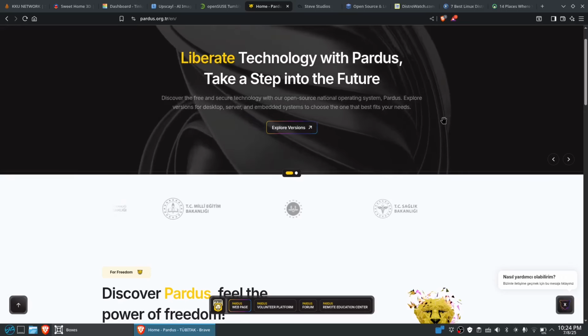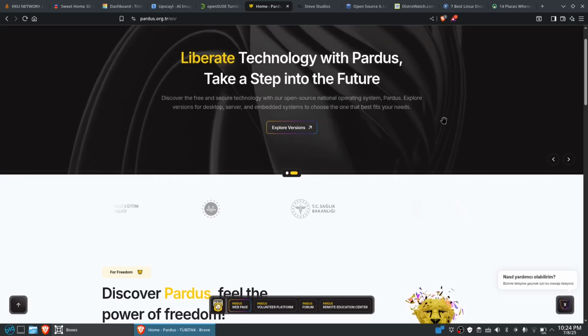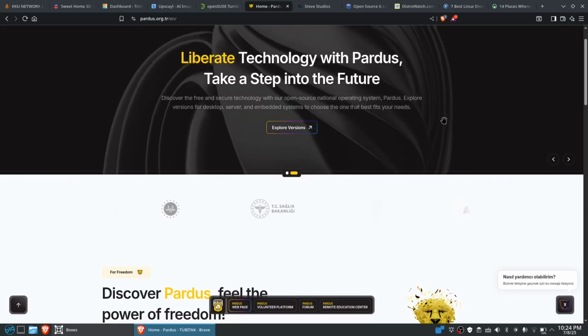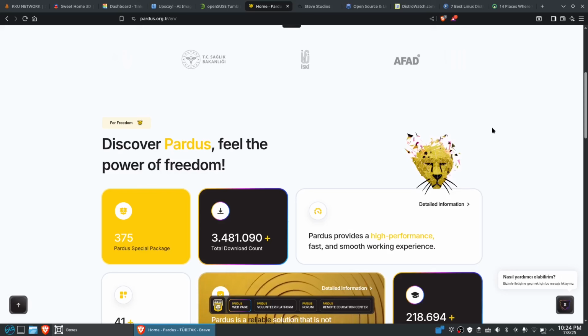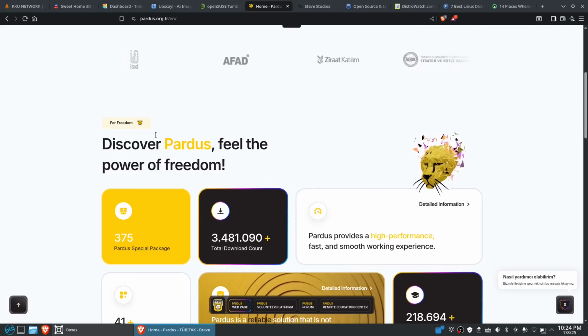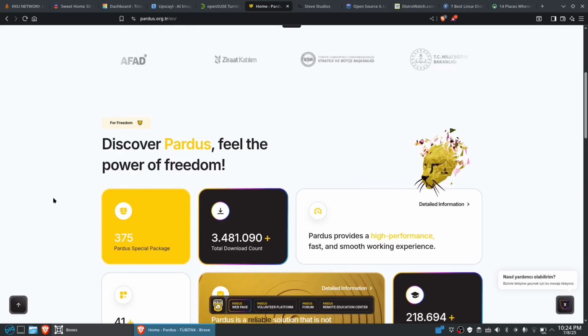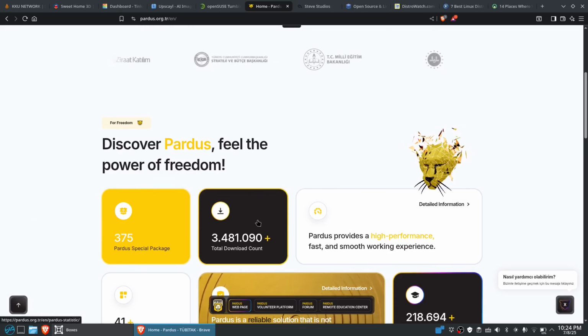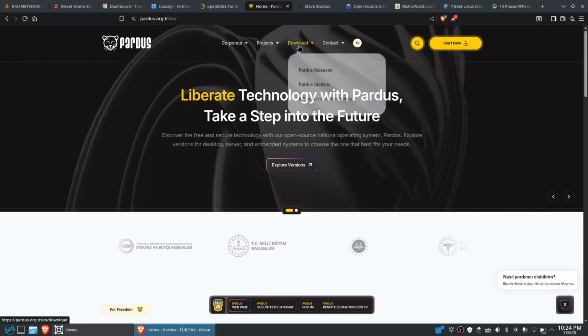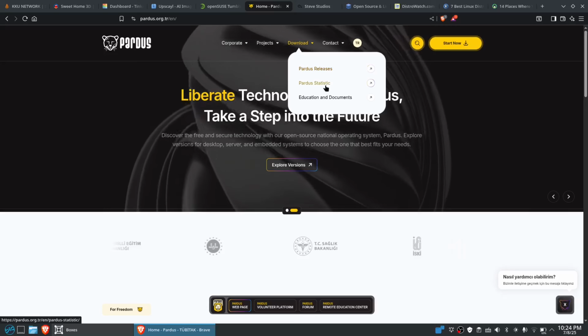And of course, it has awesome technology of this futuristic type of operating system. Discover Pardus, feel the power of freedom. Of course, they have this icon. Nice. If I move my cursor, it follows. So let's try to download this one, or you could go right here on the download and release static or